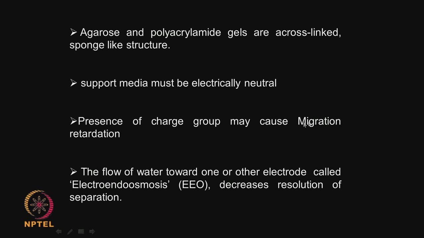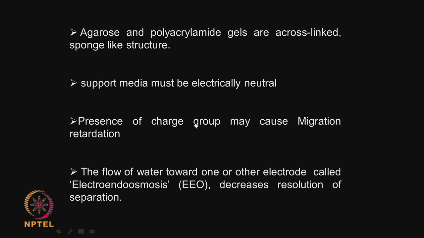The presence of charge groups may cause migration retardation. The flow of water toward one or the other electrode is called electroendoosmosis. This decreases the resolution of the separation. So, if there are any charge groups present in your gel, that is going to retard the movement of the protein,